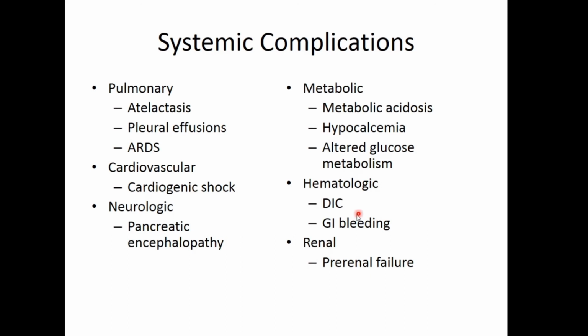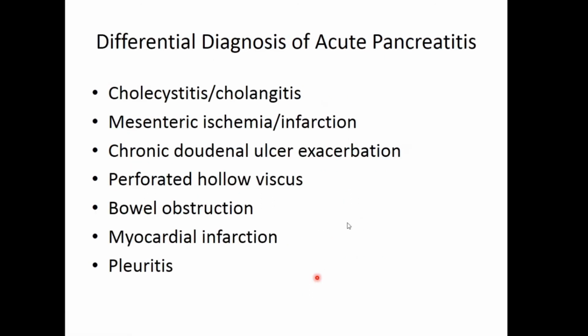Then hematological, it can lead to a lot of GI bleeding because of formation of pseudoaneurysms and other things. That severe bleeding can lead to DIC. And because there is a shock-like state which is prevailing, the patient can go into pre-renal failure. So if you look at what are the differential diagnoses, I think we have briefly discussed the differential diagnosis in